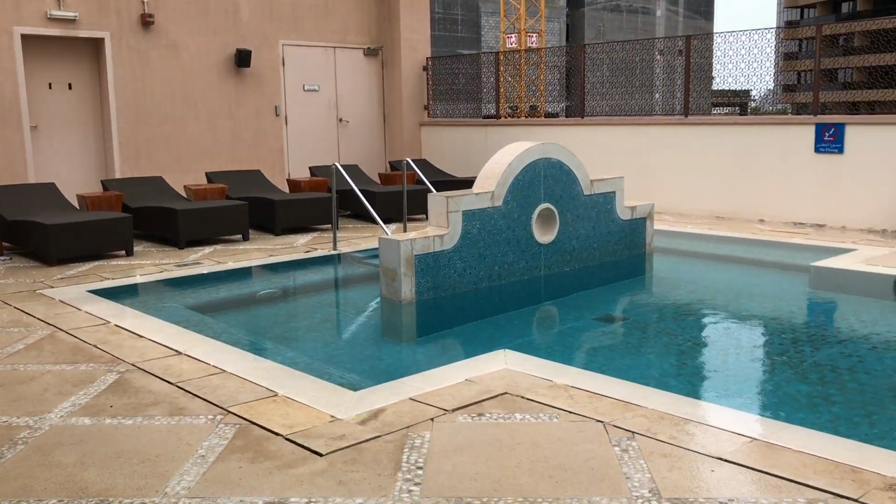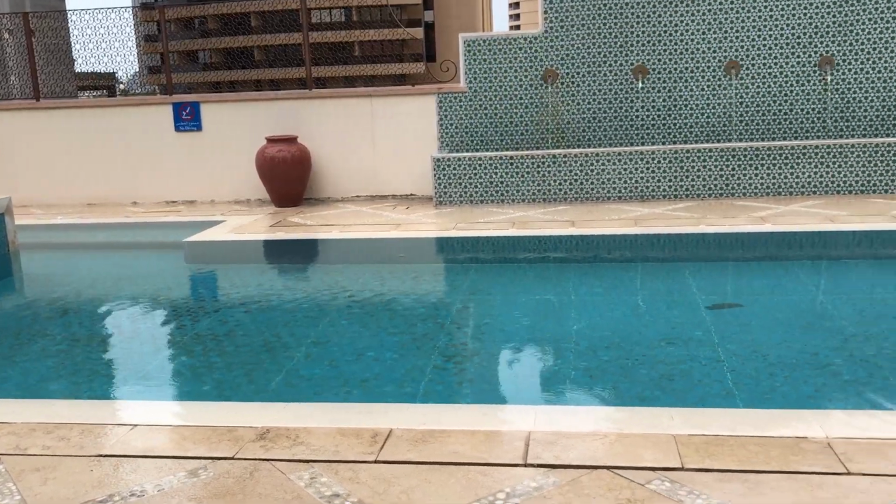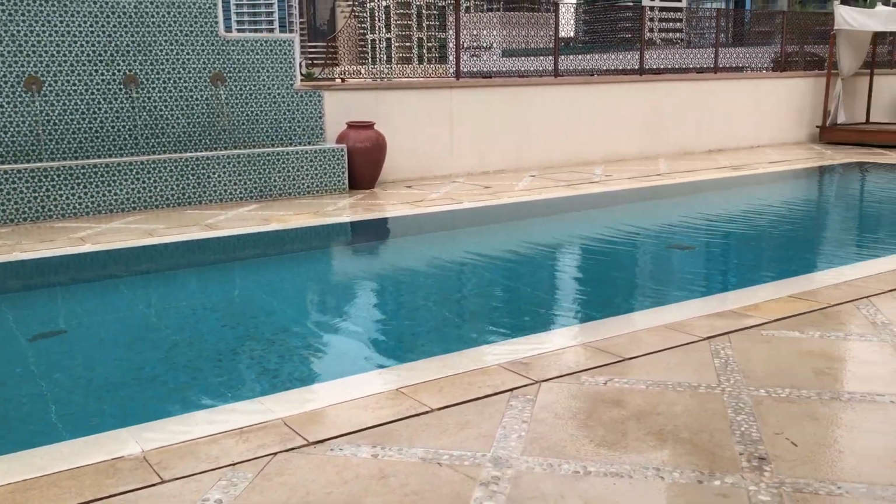And there's also an outdoor swimming pool that's private just to spa guests, which is another really nice co-ed kind of space